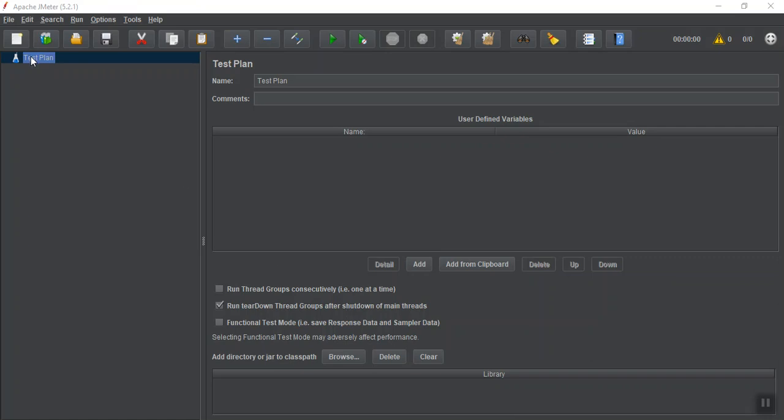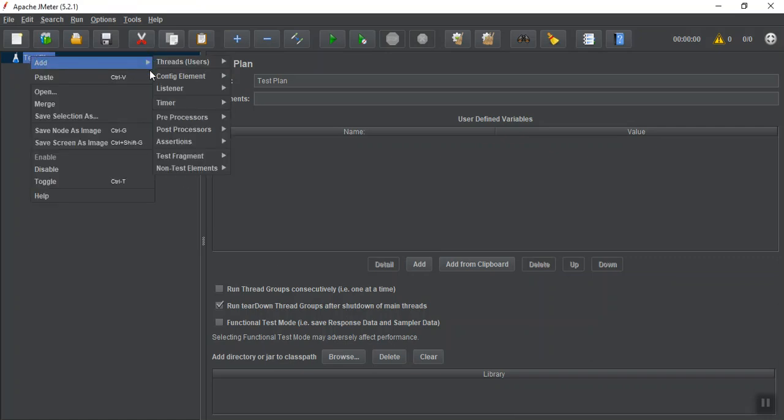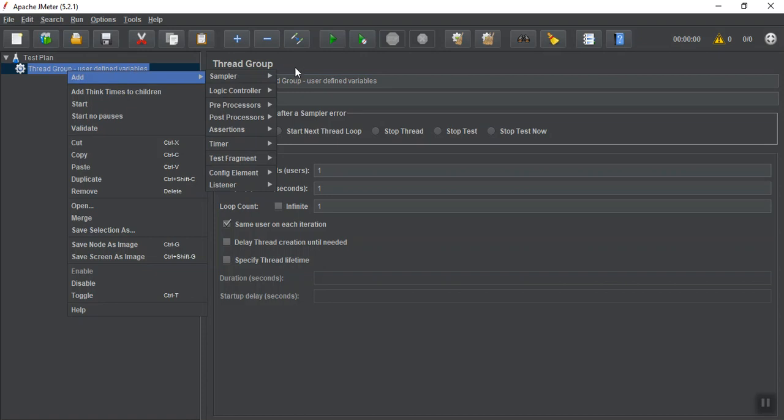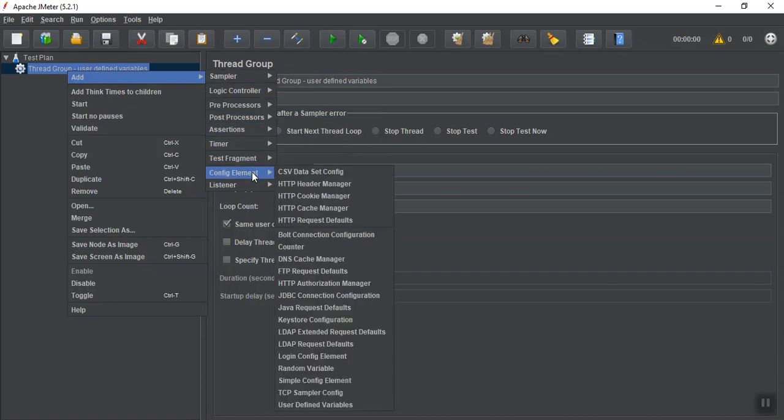I am adding a thread group here. Let me enable it. Now let me add a config element, that is user defined variables.